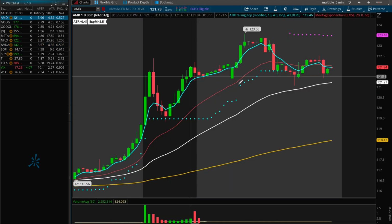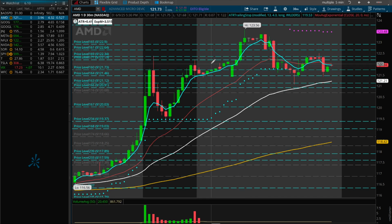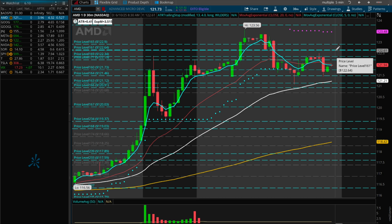So let's look at AMD today. Yes, AMD. Right now, we are trading in this zone here, and support was around this level here of 121.73. Resistance around the 122.19. So that would be the zone that we're trading in as of now. Back to the upside, trouble places, 122.34, breaking that 122.64, 122.90, and if we